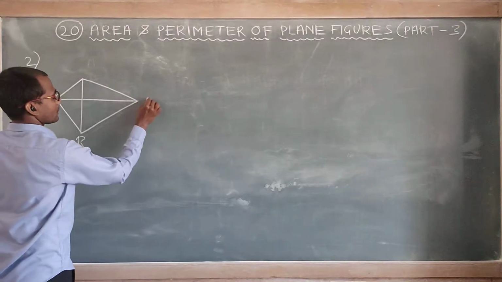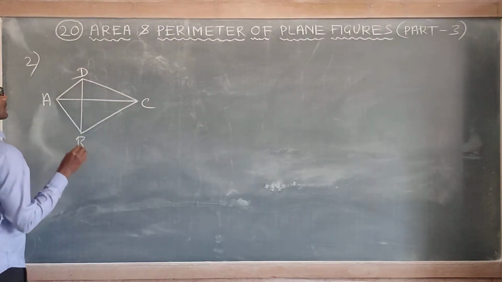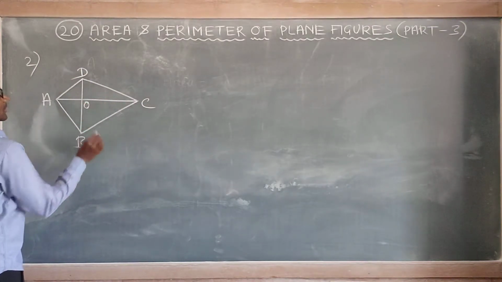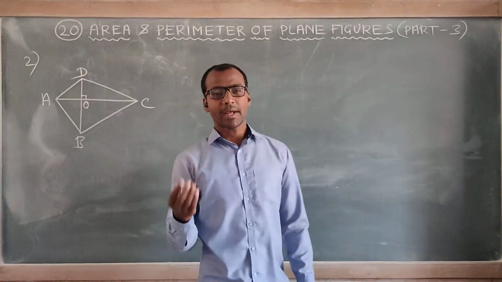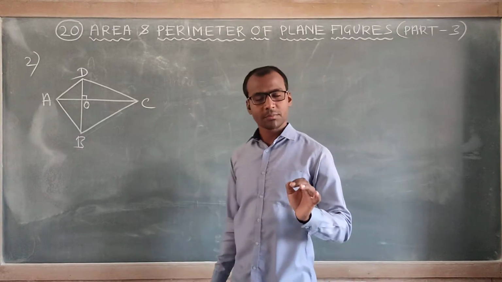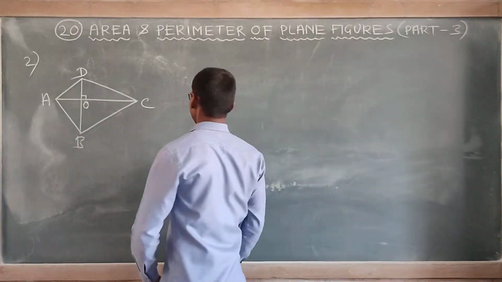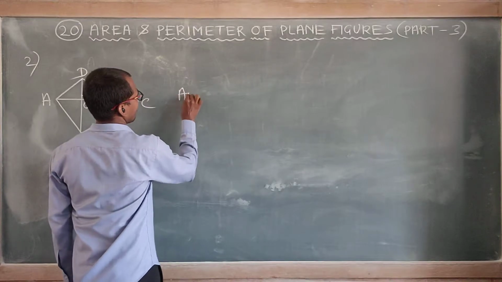This is a quadrilateral in which diagonals are perpendicular to each other. This is 90 degrees. The diagonals bisect each other or not, that we don't know, but simply they are perpendicular to each other. In this case, area will be